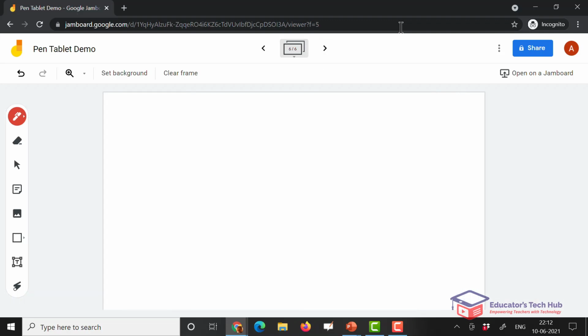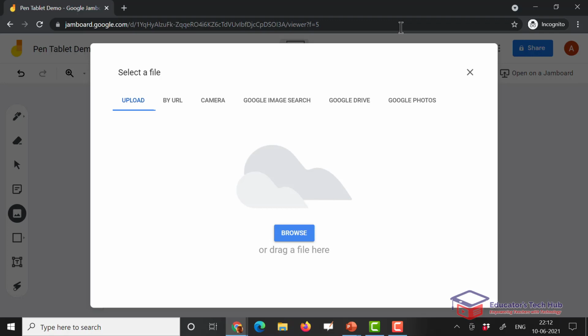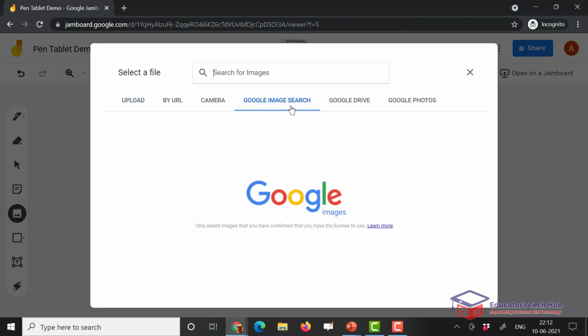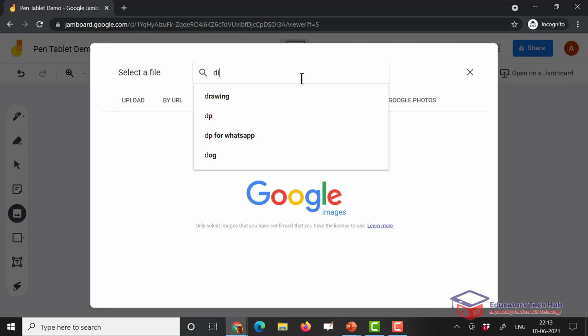Now let's say if you want to bring in some kind of an image, you can click on this object. Now the advantage of Jamboard is it actually has a Google search built in. So I can simply go and search for an image. So let's say today I want to talk about the digestive system.